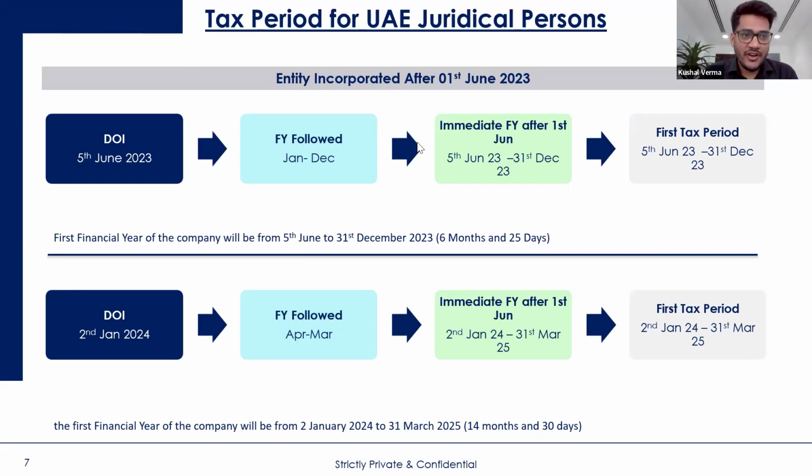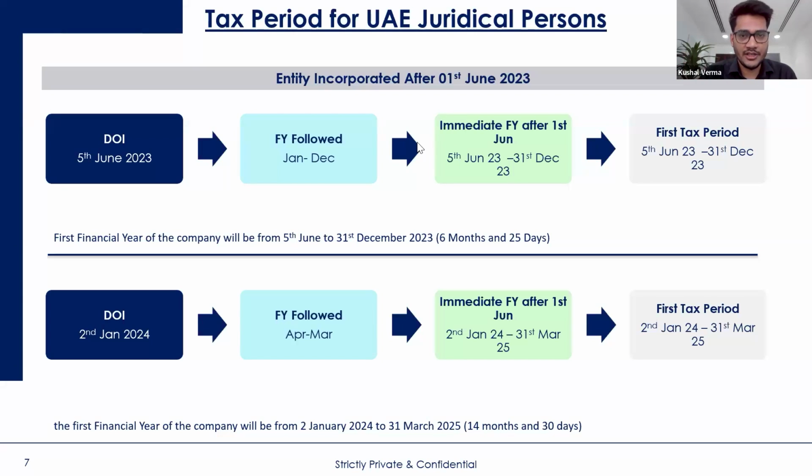So the immediate next financial period for this particular company is 5th June 2023 to 31st December 2023, which is of 6 months and around 25 days. So the company has to prepare financials for this 6 months and 25 days. And the first tax period for this company will be this period only, from 5th June 2023 to